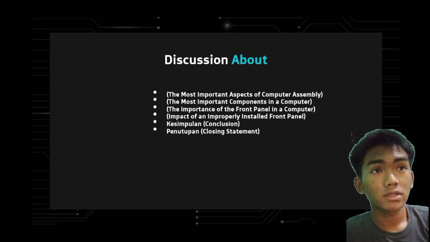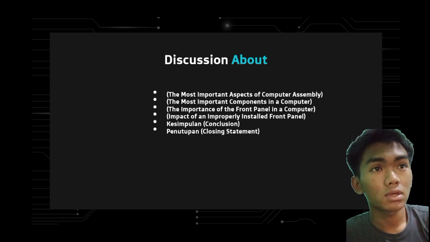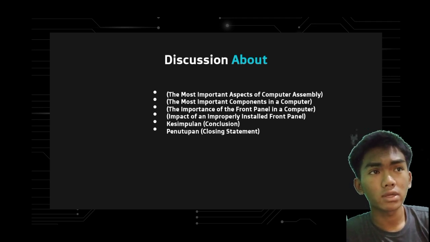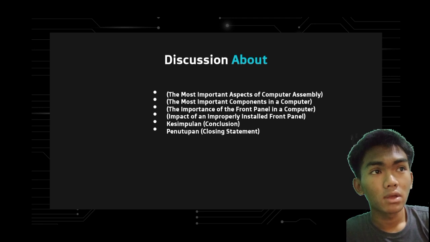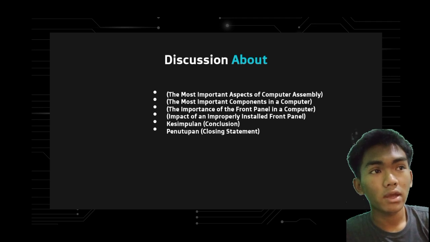Okay guys, next, conclusion. From all the steps we have discussed, we can conclude that assembling a computer is not difficult as long as we understand the process well. By following the correct procedure, we can build a computer that suits our needs, whether for gaming, editing, programming, or office work. Moreover, assembling a computer by yourself offers many advantages.